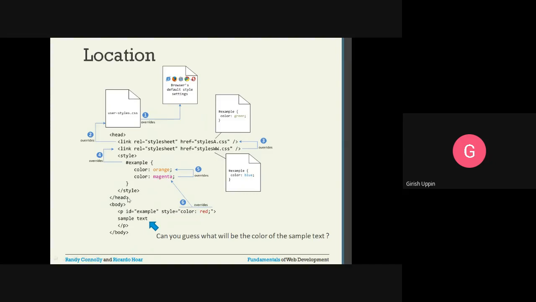Then inside the body, in the paragraph, as an inline style I have specified the color. Style is equal to color colon red. So this will override the magenta. So sample text is given. Can anybody guess what the color of the sample text is?